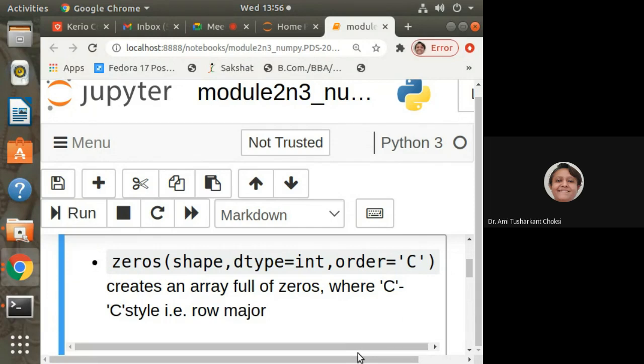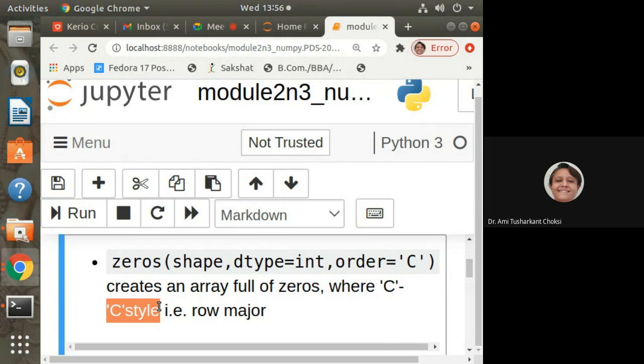So why is it so? Maybe you can consider it is according to our C language, the way you want to remember. I'm not saying that it is that, but the way we want to remember is, as it is in C, right? Fine. So what we say is C style. C style is C language only, right?